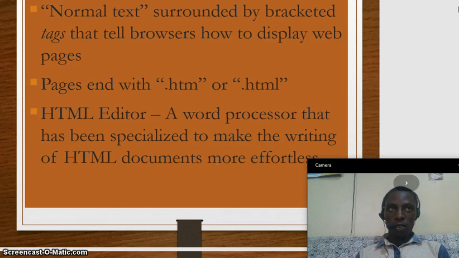So to write web pages we need an HTML editor, but as we shall see, the HTML editor is mainly used by those who have advanced their skills in web programming.